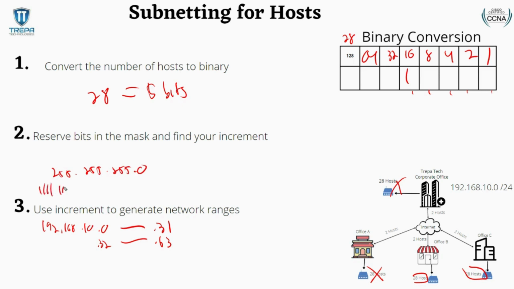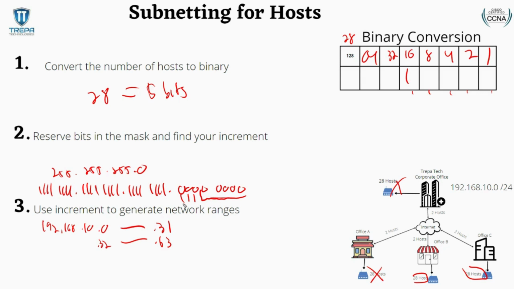I'm going to put it in binary as well. My original subnet mask is a /24. So 24 network bits, which are my ones, right? Which leaves 8 host bits to be subnetted from. I'm going to reserve 5 host bits, right to left, and then flip the rest to network bits, because we only need 5 bits to have 28 hosts get IP